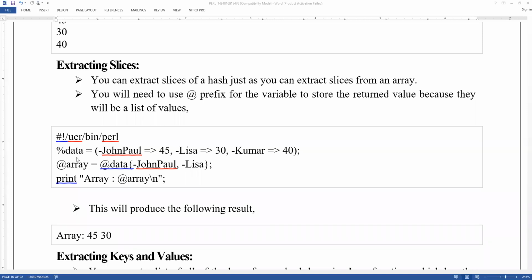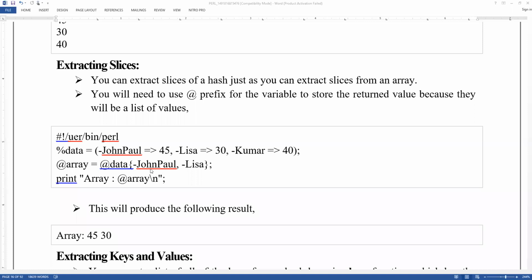So how am I going to take them? Here you can see at the rate of array is equal to at the rate of data, in curly brackets, John Paul comma Lisa.